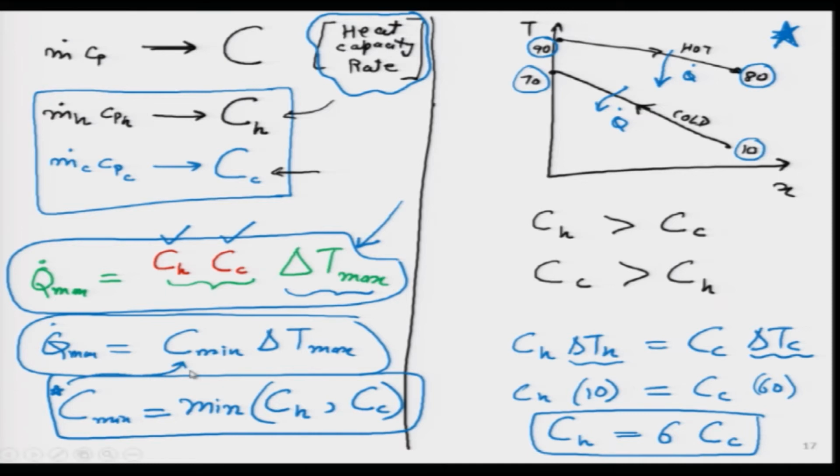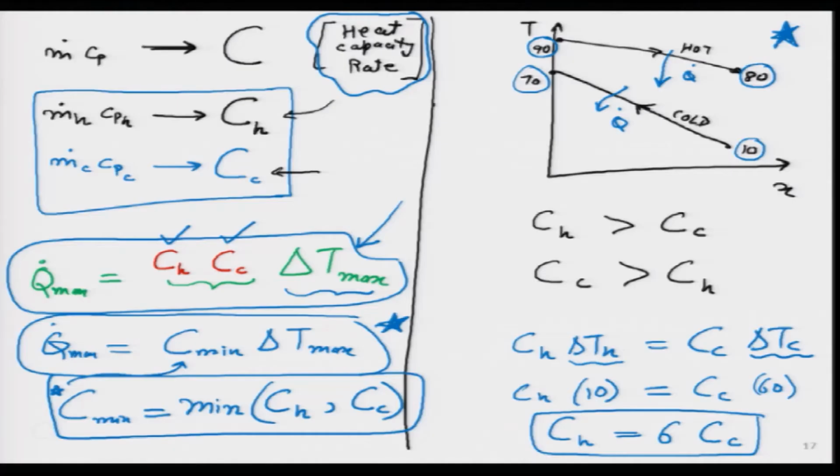Then I am safe, because between the two fluids I am taking whichever has the minimum heat capacity rate, multiplying it with the delta T. I can't take the one which has the highest heat capacity rate and multiply it with delta T. What I will get is some 6 times huge number, which is not correct according to the energy balance. I hope you are getting it: because I am artificially taking the delta T, I have to take the C minimum, I can't take the maximum over there. And this is a very powerful equation, which I have written in blue, and let me highlight it in red as well over here.